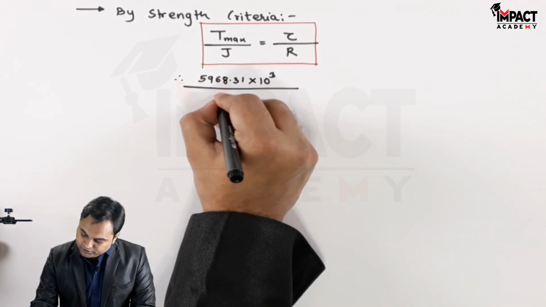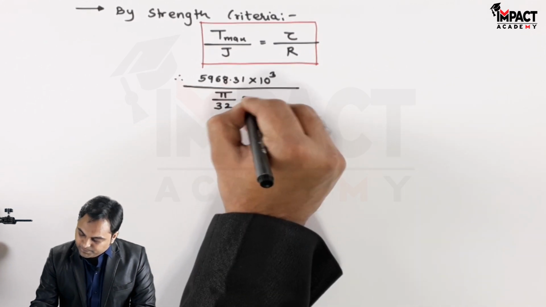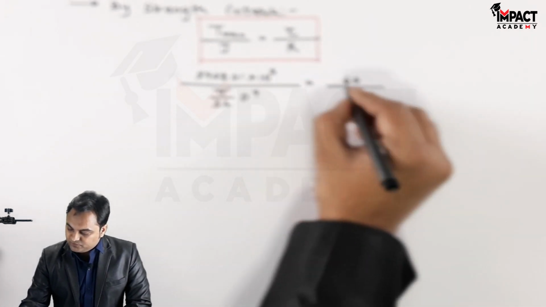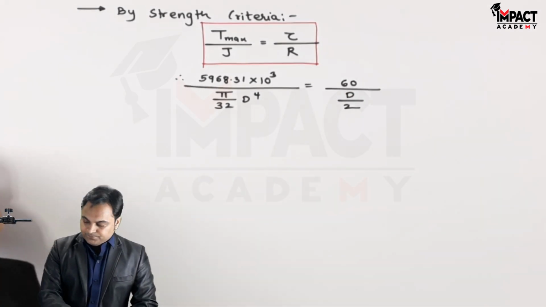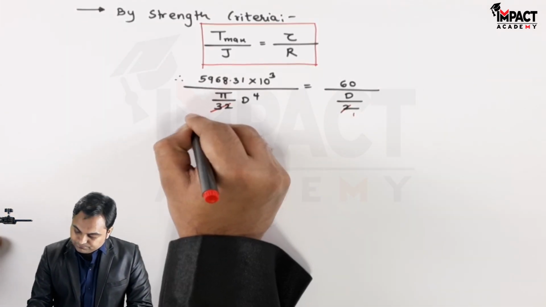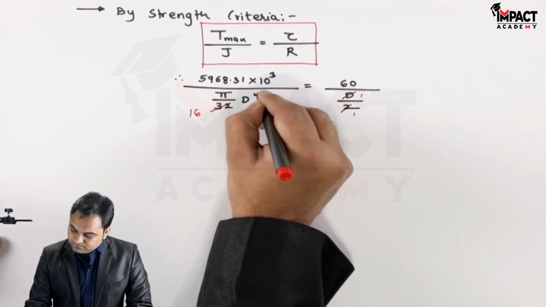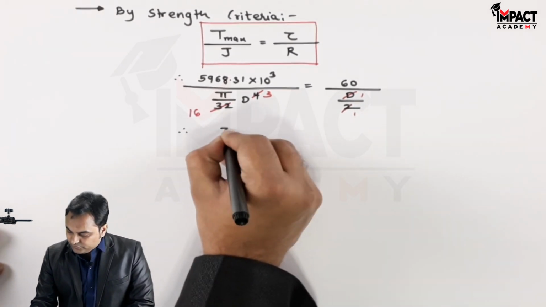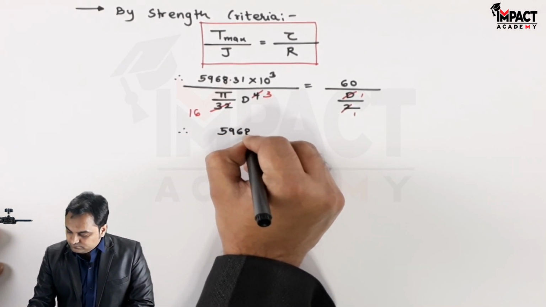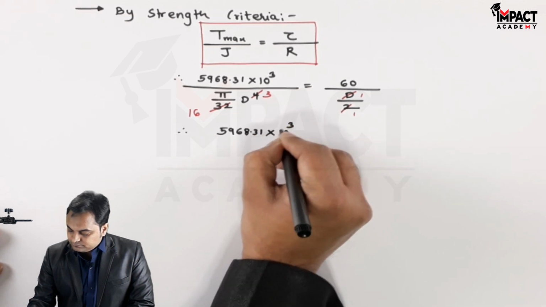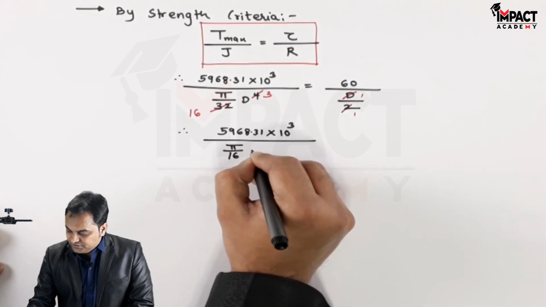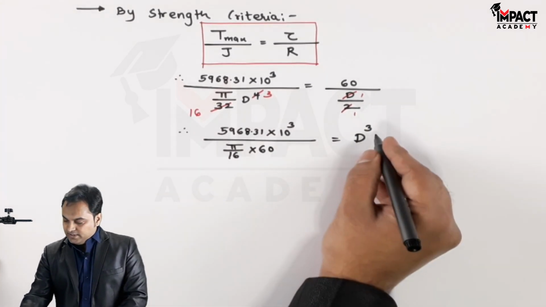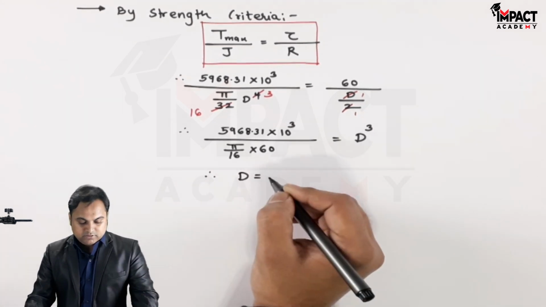J for a solid circular shaft is pi by 32 d raised to 4. Tau is given as 60 Newton per mm square. Radius is half of diameter, and after the cancellation I'll shift d cube on one side because I have to calculate the value of d. So pi by 16 into 60, d cube is on the other side. After the calculation and getting the cube root, the diameter comes out to be